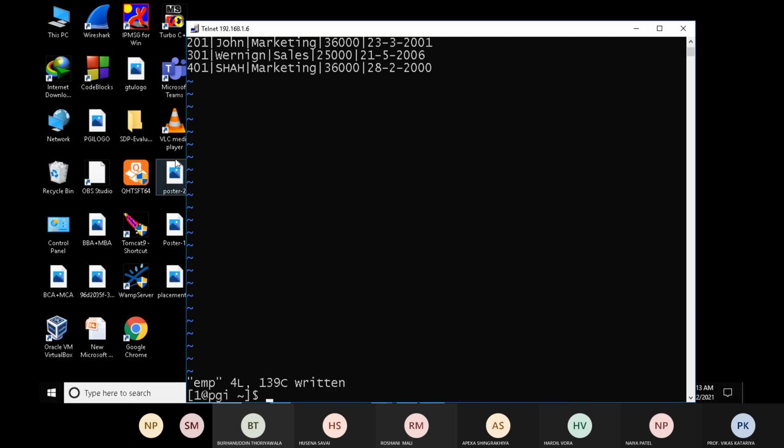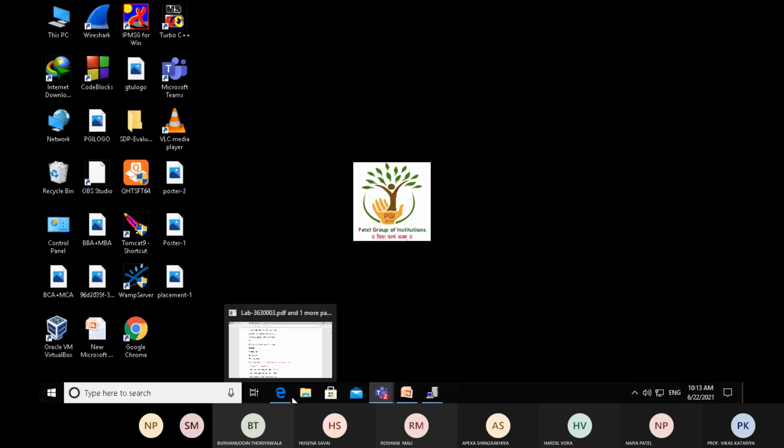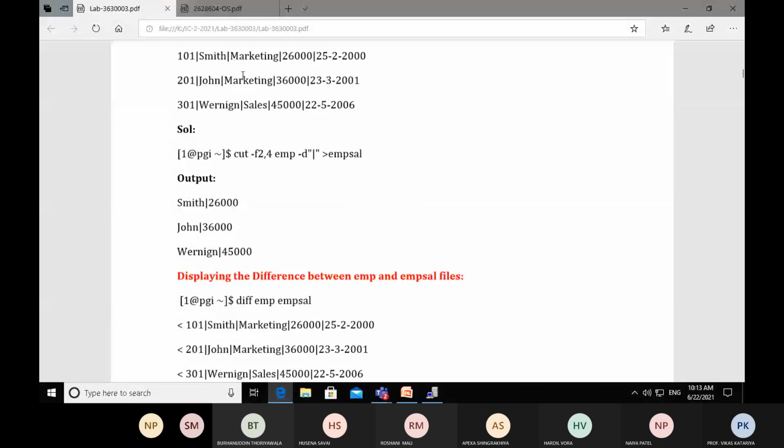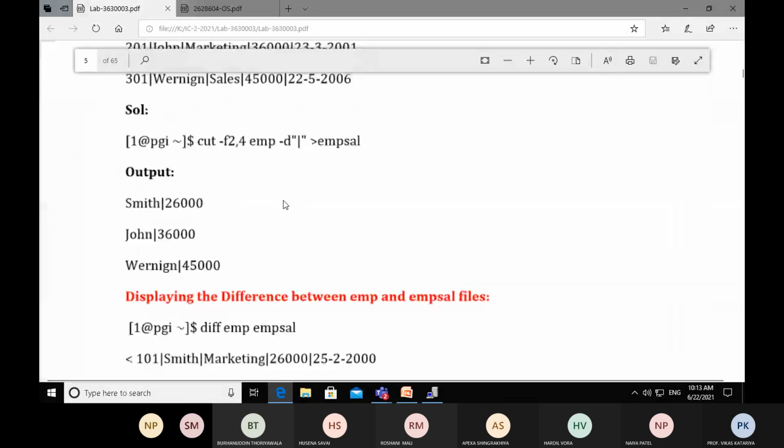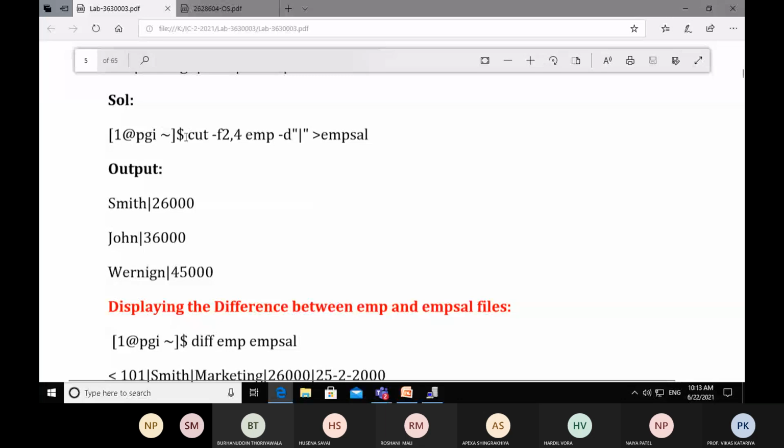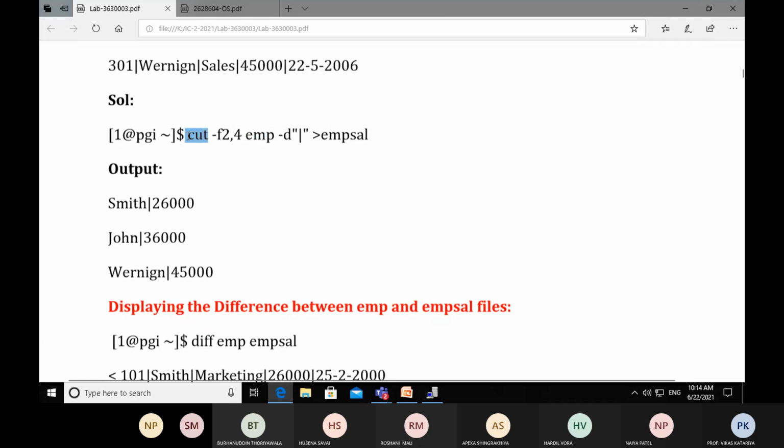Now in this text database, we have to apply the cut command. So let's understand the cut command first, then we will apply it practically. In order to cut any field or any character from the given file, there is a command named cut.